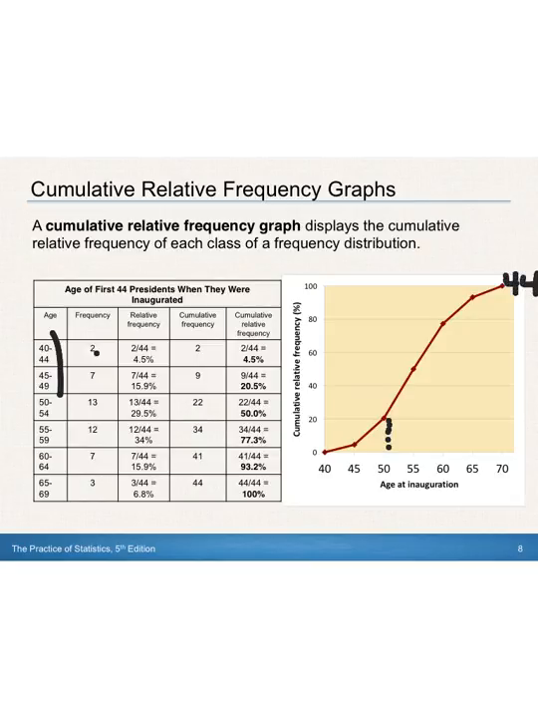Okay? But what a cumulative relative frequency graph does is it changes that to percents. So at the very top of a cumulative relative frequency graph, we're going to have 100% of the data, and at here we would have a total of